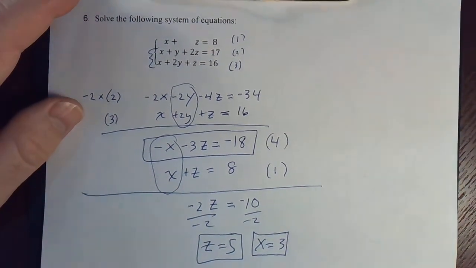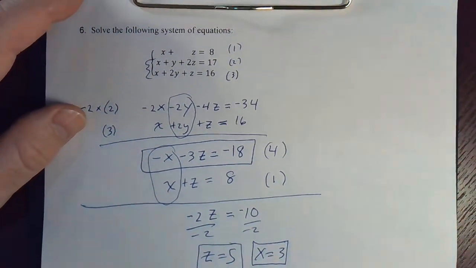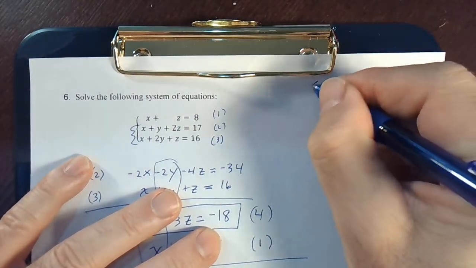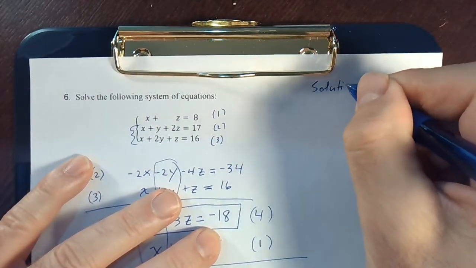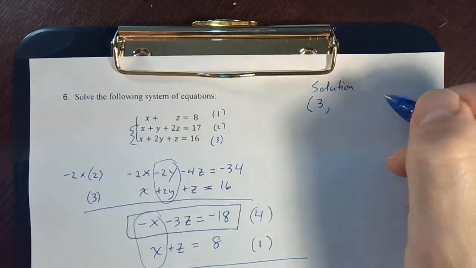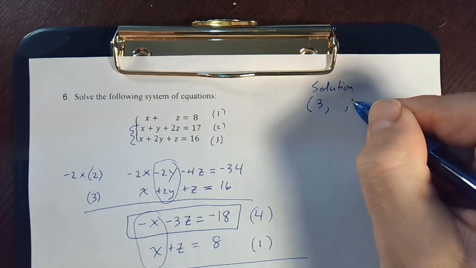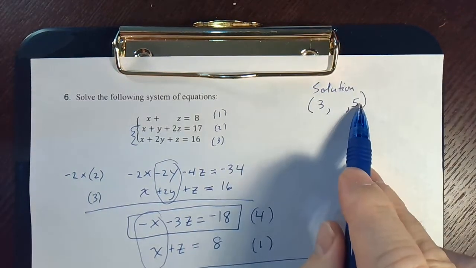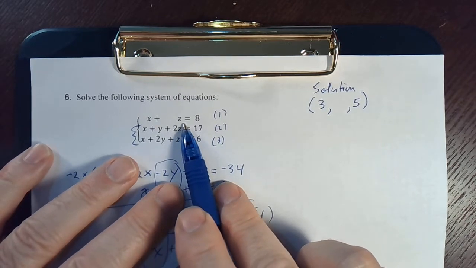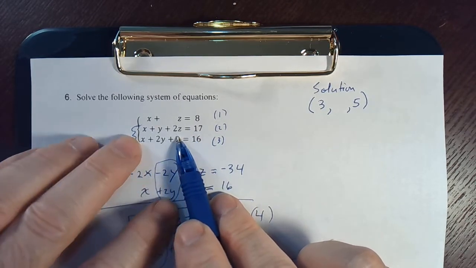All right, so now we can go up. Let me write the solution way up here at the top. Solution. So far, I know that x is a 3. Don't know what y is, so I'll leave it blank. And z is a 5. So let's go to, we can't use equation 1 because y doesn't show up. But